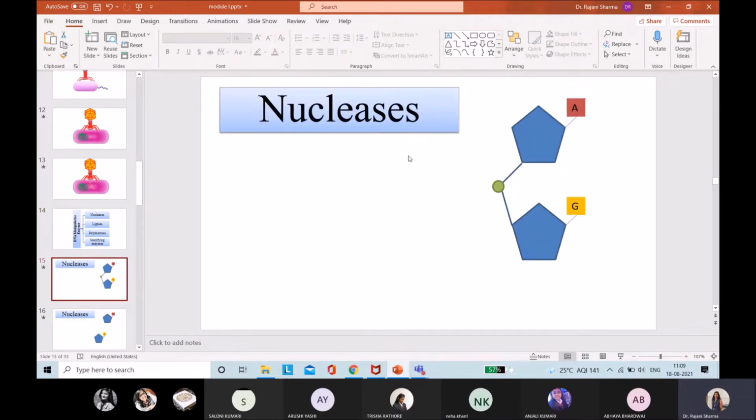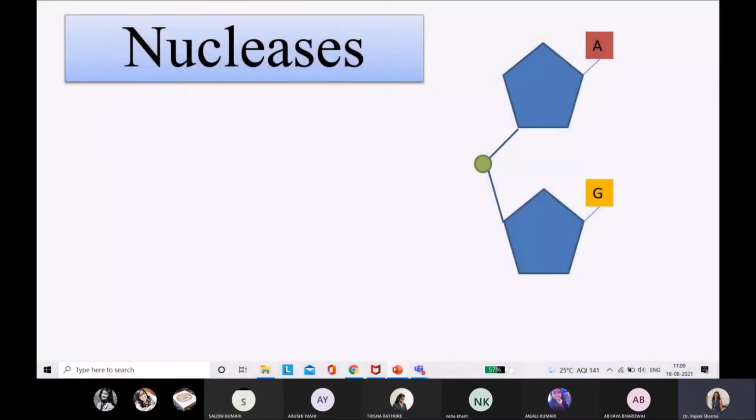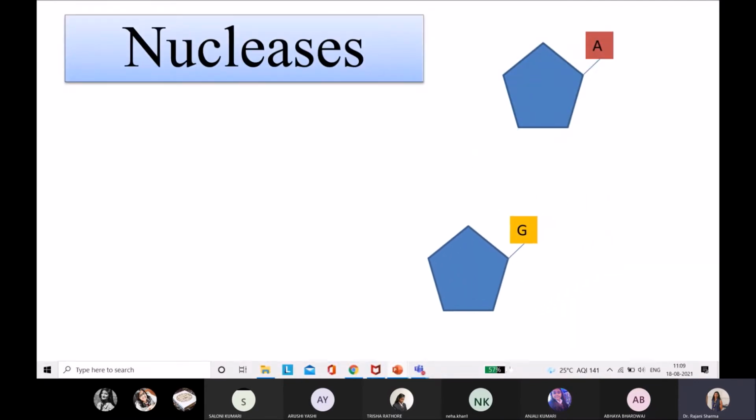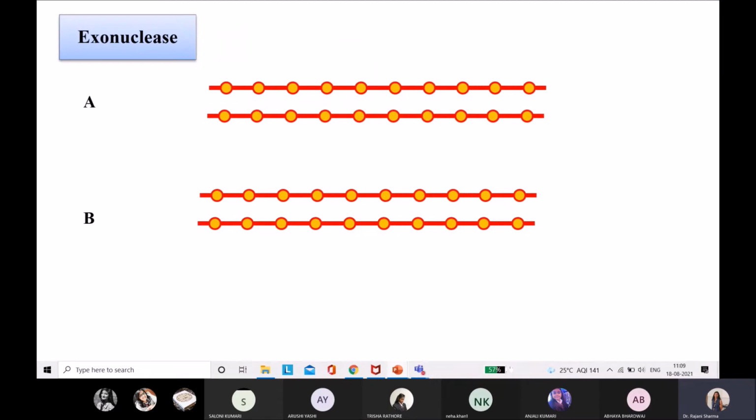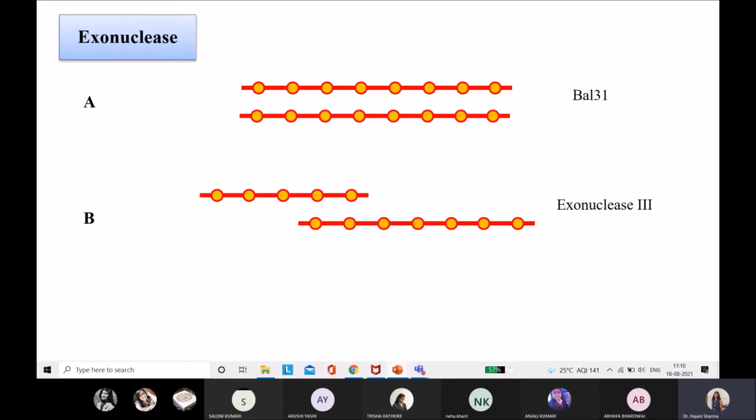Nucleases, we have seen, what is nuclease? It is an enzyme which is basically responsible for the removal of phosphodiester bonds, and because of this, we will be getting the disintegrated part of the DNA. We have seen two types of nuclease enzymes, exonuclease and endonuclease. Exonuclease were trimming DNA from the terminals, whereas endonuclease were trimming DNA from any one side, either from the 5' side or from the 3' side, leaving a hanging end.